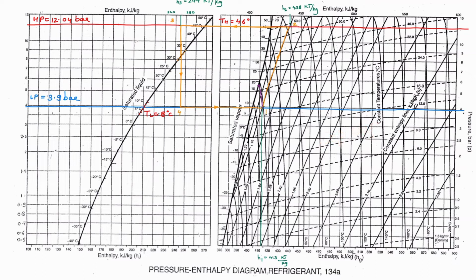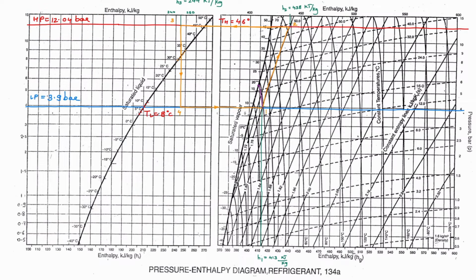Now just observe these lines, these are entropy equal to constant lines. On the y-axis we have pressure in bar, on the x-axis we have specific enthalpy in kilojoule per kg. So for 12 bar, from the table, we will see what the temperature is. It was around 46. So here you can see, this is 45, above that I have taken 46. And here also this is 45, above that there will be 46. So you have to draw a complete horizontal line covering the chart. This will be HP 12.04 bar.